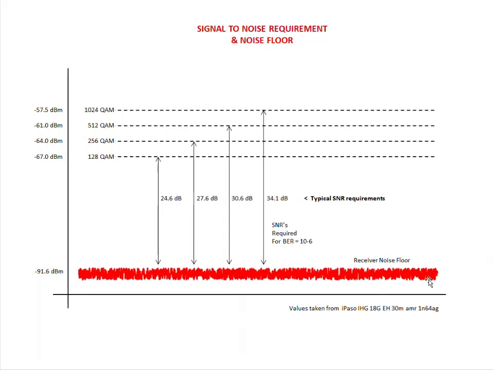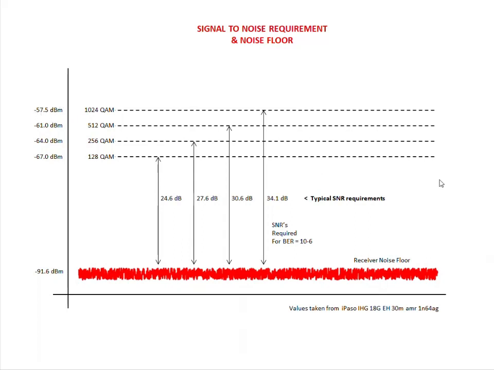So the thresholds are a given number of decibels above the ambient noise in the receiver. So for the 128 QAM, it's 24.6 dB above the noise floor of minus 91.6. And so all the way down to 1024, which is 34.1 dB above the noise in the receiver, and it gives a threshold of minus